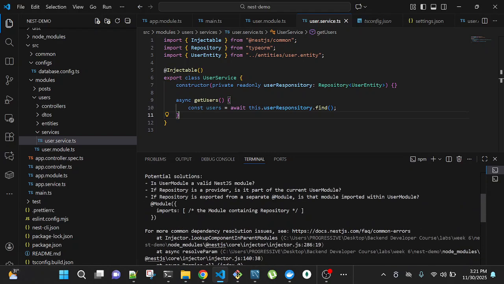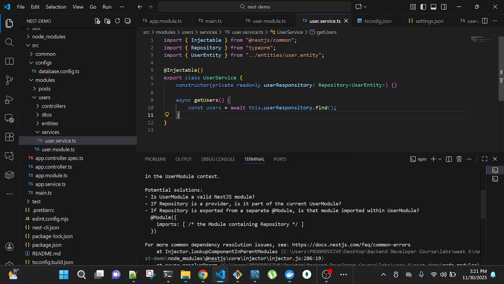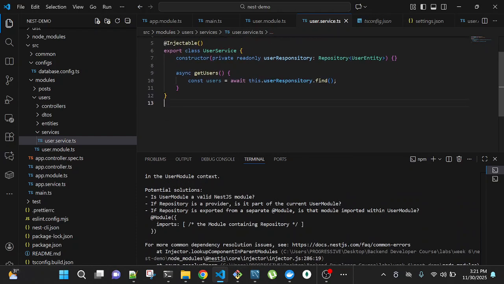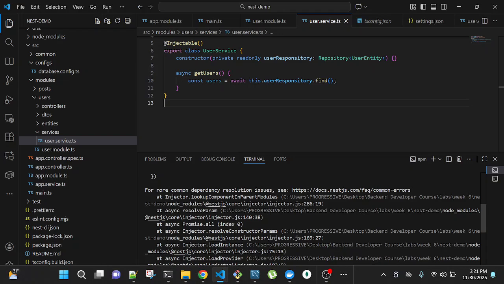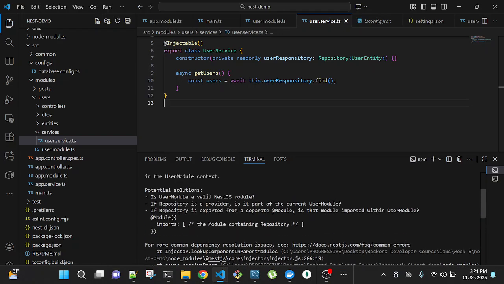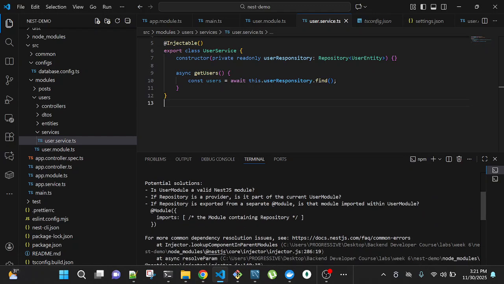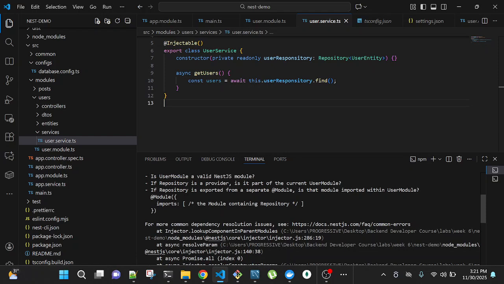Okay, there's an error here. Dependency, user service dependency. Dependency resolution is not properly done. So in your user module, let's put the module imported.